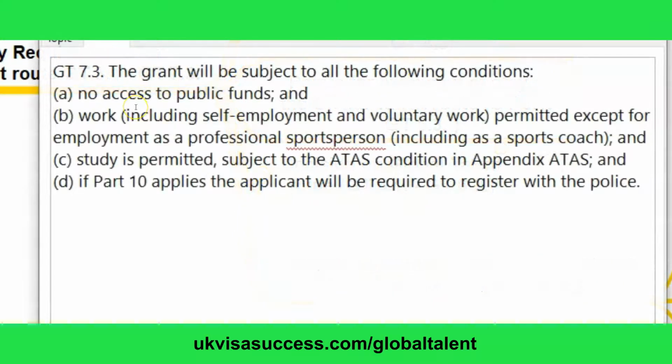First of all, as with the majority of applications, there will be no access to public funds, so you will not be allowed to claim any benefits, and you will be allowed to work, and you will be allowed to register as self-employed. However, you are not allowed to work as a professional sportsperson or as a sports coach, and this is subject to the ATAS condition, which is explained in Appendix ATAS,